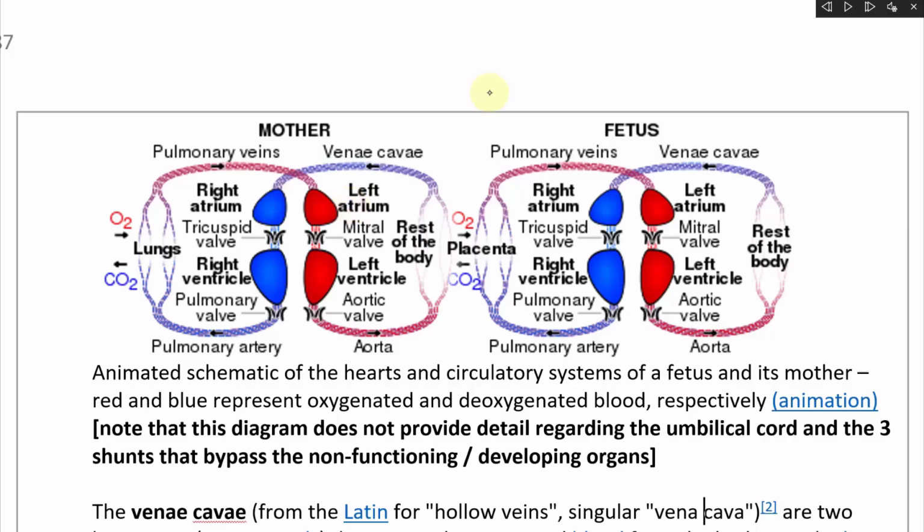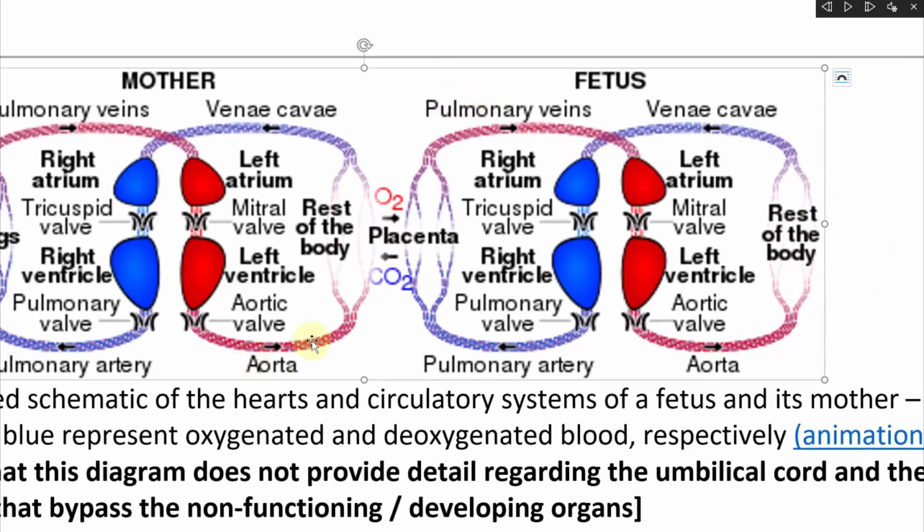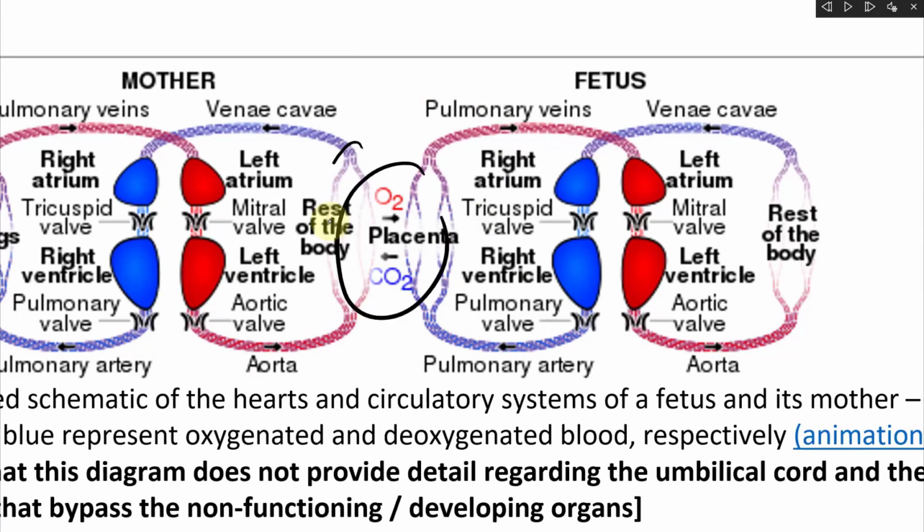All right, the next setup here. The reason I wanted to show this illustration, even though it's missing some details, is to show you that it goes from the mom, and then there's the rest of the body, as well as the placenta. So it oxygenates it to get the aorta right to the placenta. It fills it up with oxygenated blood, and then now you have the setup here: pulmonary vein, but also the